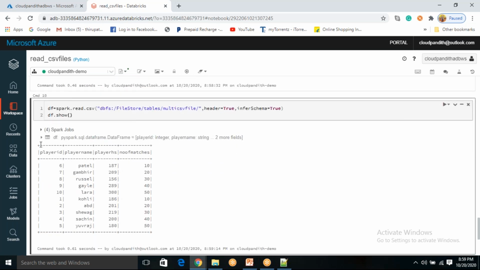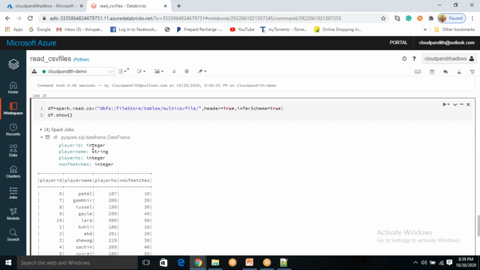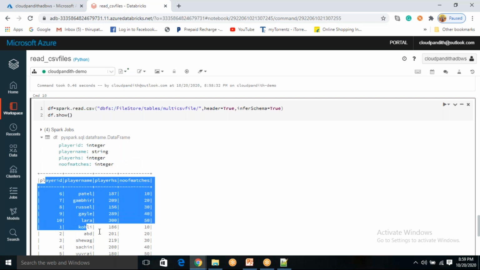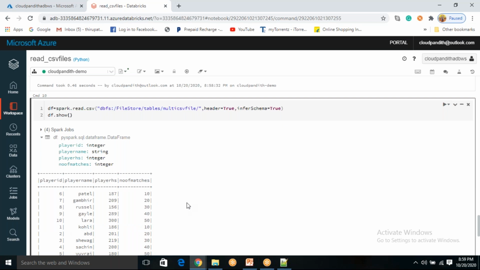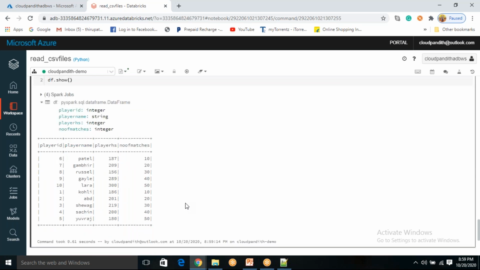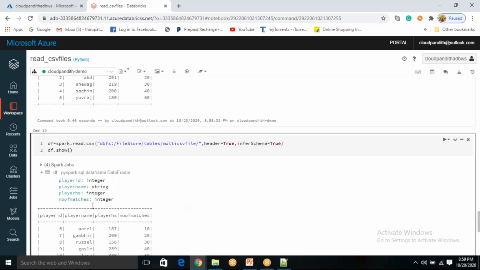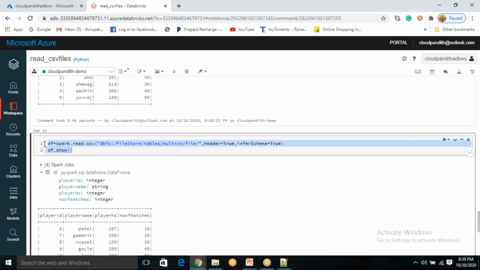So even though you have multiple files, it is going to identify the data type of each column. Just imagine when you have a lot of data in big data, you'll have millions of records, and some billions of records also, based on the client. When you have so many records, it will be very difficult to read the data again to identify the schema again. That is one thing.